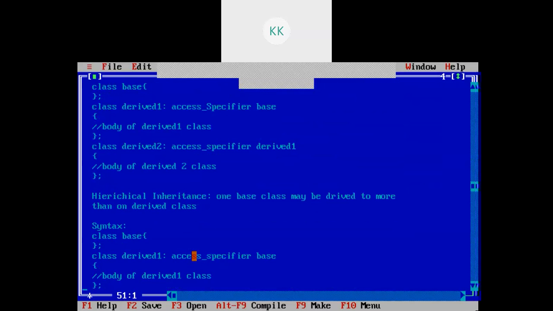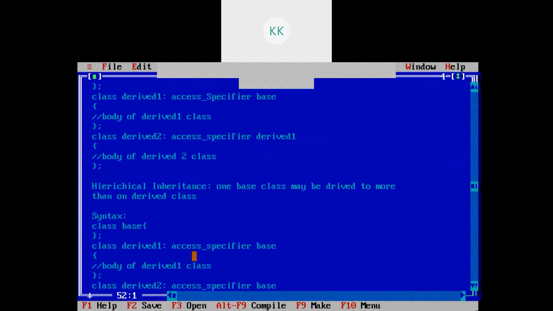Then the next type is hierarchical inheritance, in which one base class may be derived to more than one derived class.